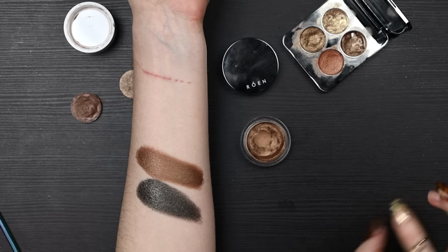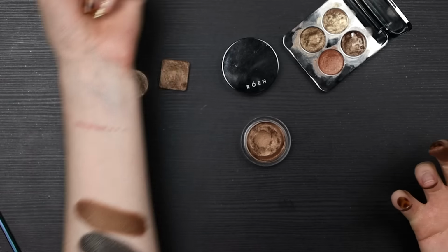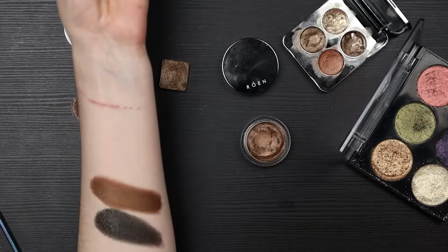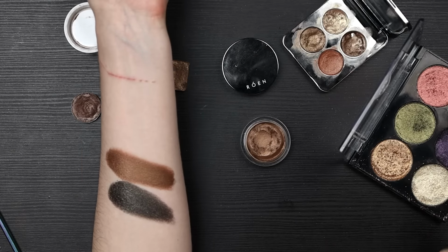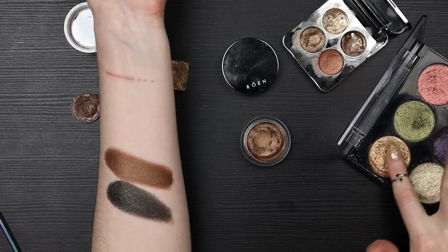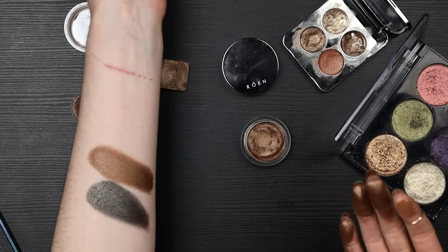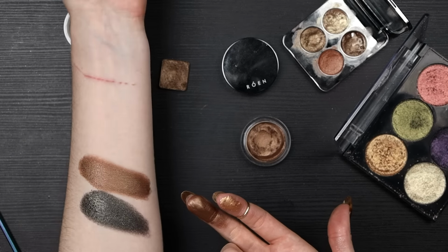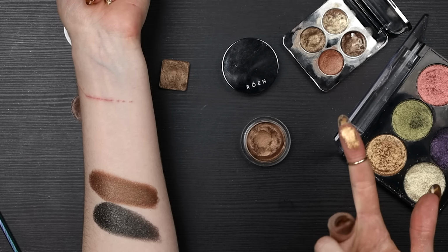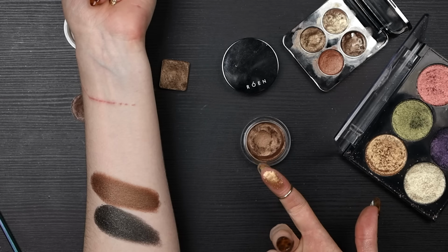And possibly there would be some more specks of texture in it, thinking about the way that the Jungle Light palette shadows feel and look, like the texture of them, the flakes are so apparent and it makes them really, really shiny. And you see that looks very smooth because it's got that cream mixed in with it. So this is the color that I'm thinking of, but I imagine that would be really textured like this and have some chunky bits of shine mixed in like this does. Maybe